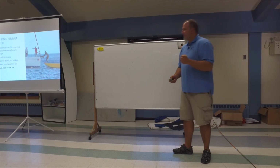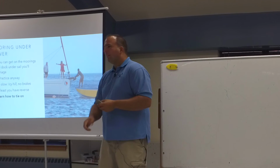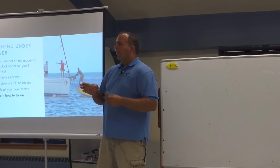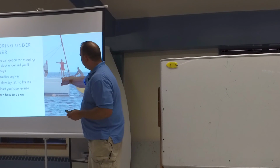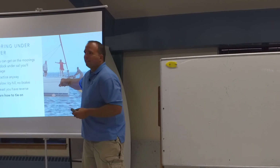The one thing that I will emphasize is that you should learn how to tie on. Whenever you tie onto a mooring, and they do this here at CBI, so they don't let you do it any other way, any line that goes down to the mooring needs to come back up in the exact same way. It's through the same chock, onto the same cleat. Because if you tie on such that, for example, you go out this chock, down to the mooring, and back up around to the other side of the chock,